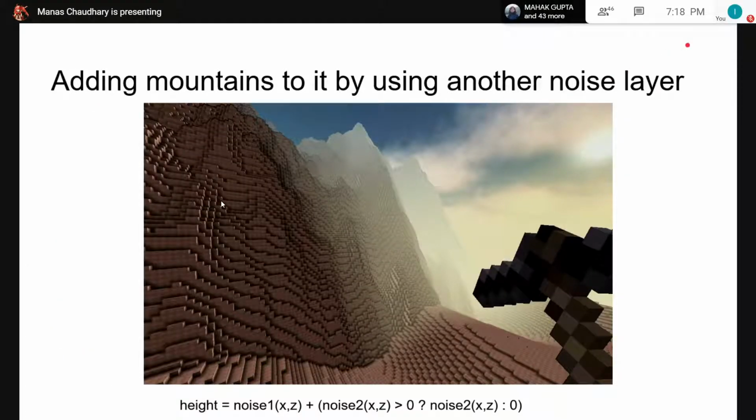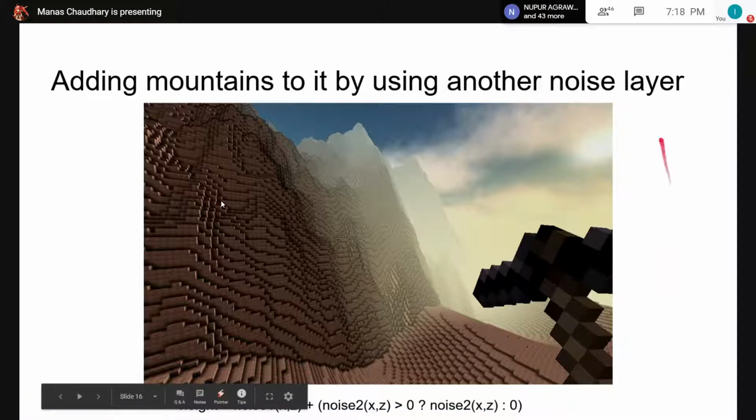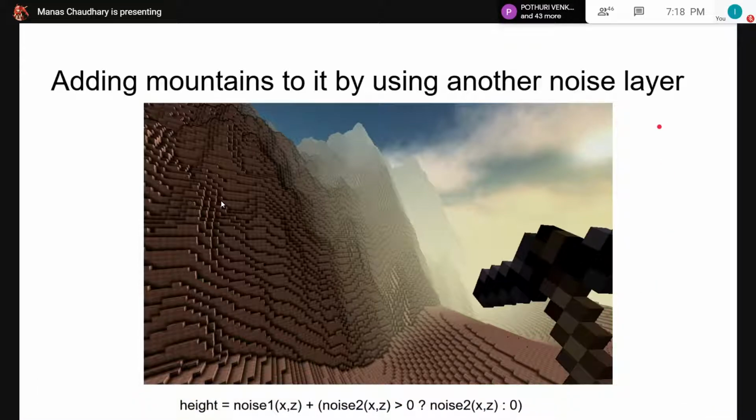Now we can add complex structures, but we start with the most basic one. We'll try to add a mountain by using another noise layer. On top of the last terrain, we add one more noise layer where we use a higher scaling factor, but we use only noise values which are positive, which leads to an abrupt increase at places where the noise value is greater than 0, and hence leads to the tall mountains as you see. This also makes the terrain discontinuous.